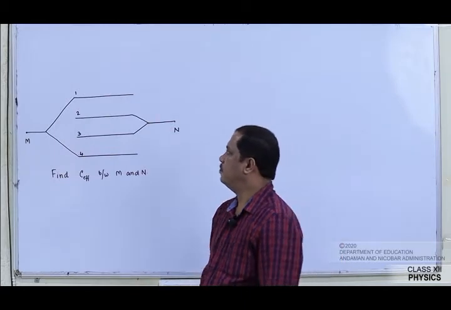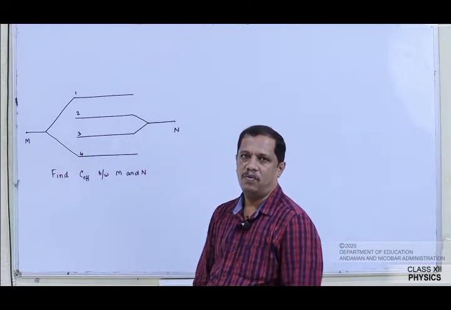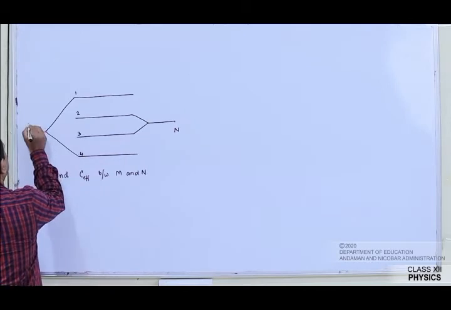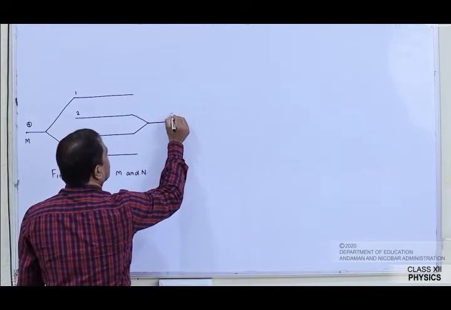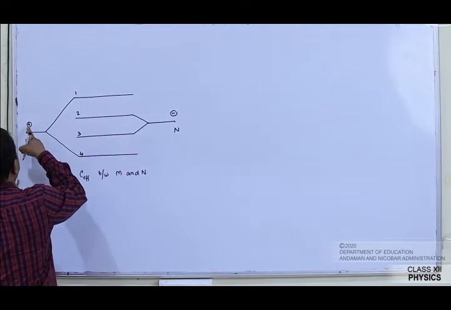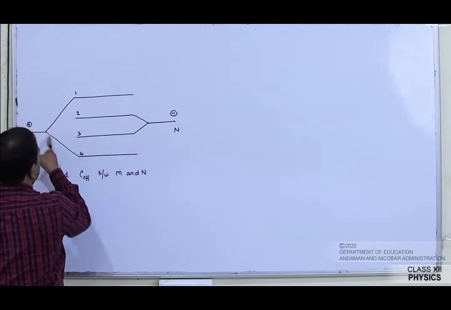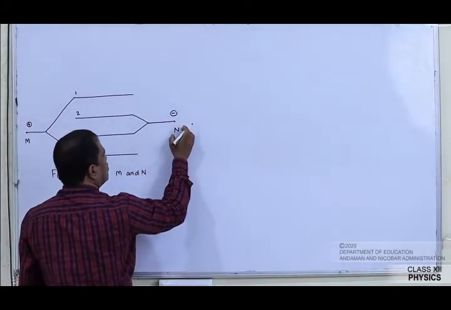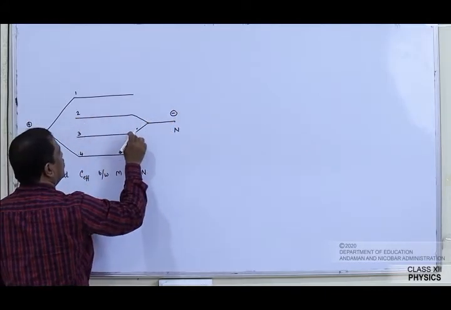To calculate the effective capacitance, what shall I do? How should I go? So the approach is, let me assume that positive terminal of the battery is connected here, negative terminal of the battery is connected here. Now, this positive terminal is going to give positive charges to plate 1 and plate 4. And this negative terminal will give negative charges to this plate and this plate.